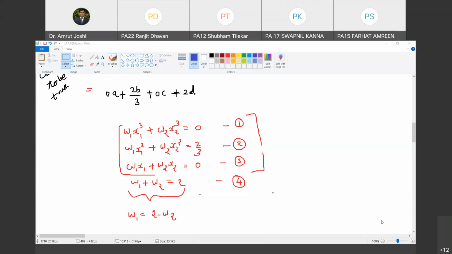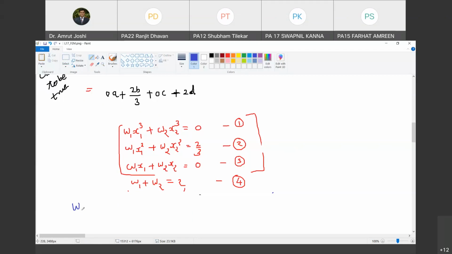Okay. So Shubham, are you there? Yes, sir. Let us not waste time on this. These are four equations in four unknowns. But these equations are not linear equations. These are non-linear equations in four unknowns. So there is a set mathematical procedure to solve for that. Currently, I am not remembering that procedure, so let us forget about it. But what we have to understand is that if these are the four equations, we can solve for four unknowns. Do you agree with me?